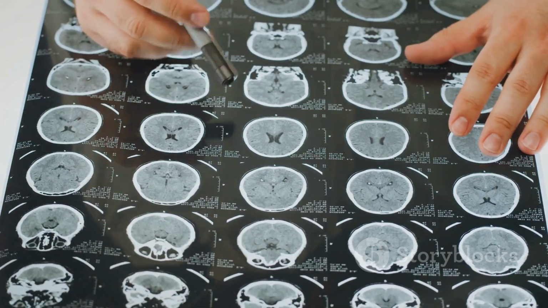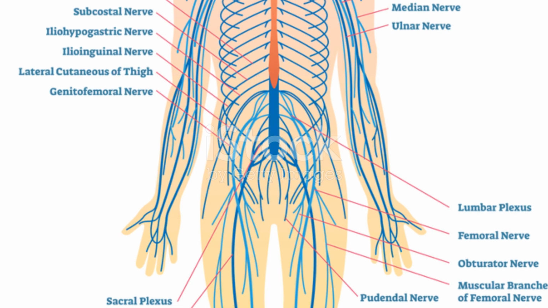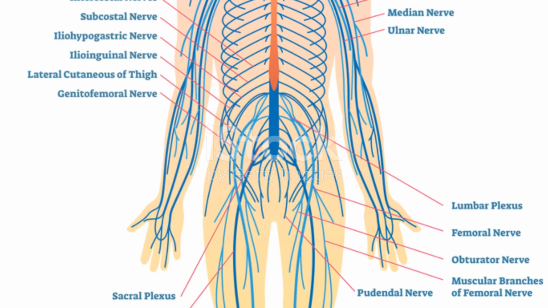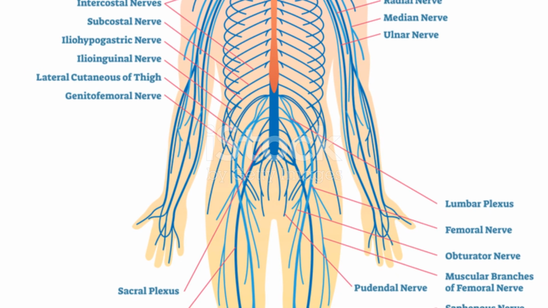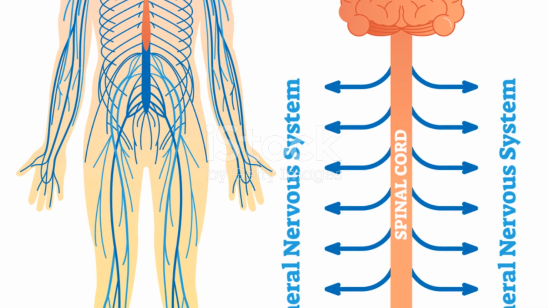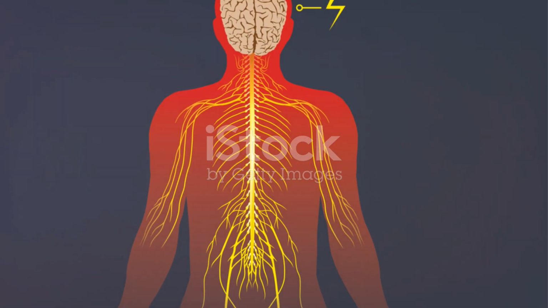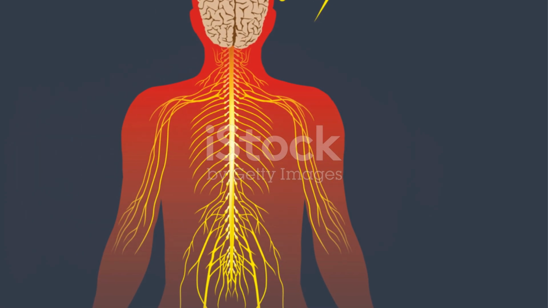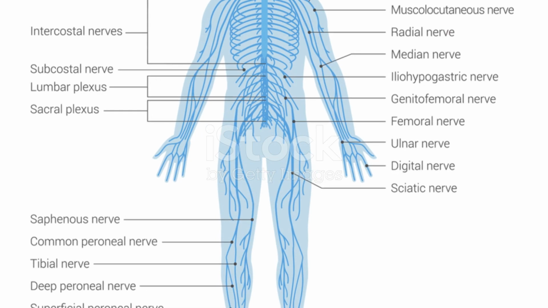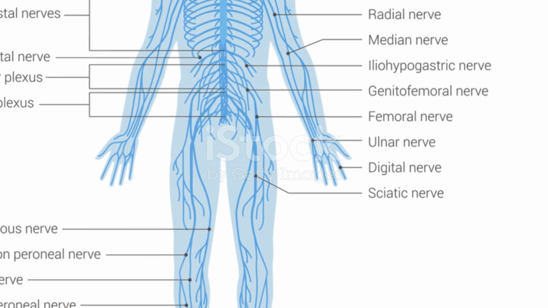we can do the same for the somatic system. The somatic system is a subdivision of the peripheral nervous system that involves a network of peripheral neurons that branch off the spinal cord and form the efferent and afferent pathways. So with the efferent pathway, messages are received from the central nervous system to muscles that regulate motor functions involved in movement of the body and limbs.